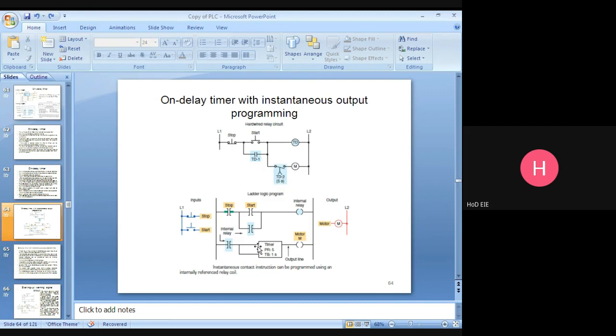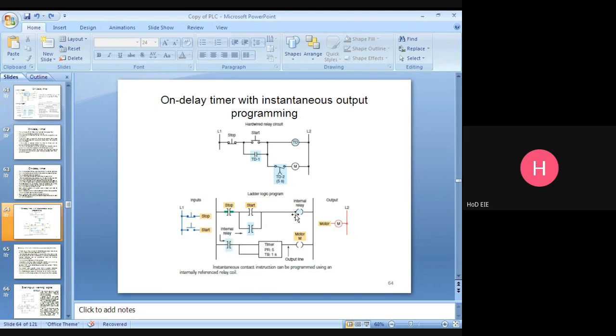Instead of this one, I am using one timer instruction. Here I am connecting the motor starter coil. Okay, the same operation only. This one is the stop push button. You just press the start push button. Immediately the internal relay will be energized, so this contact will be closed and keep the internal relay energized even though this contact is open. This contact seals in the internal relay. The same address I am giving here, the internal relay.